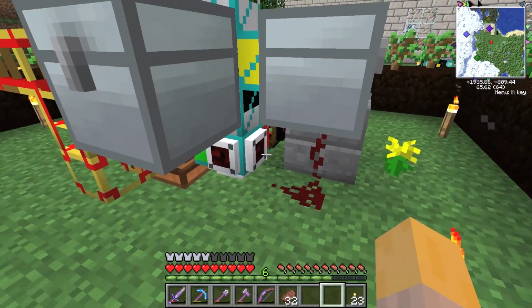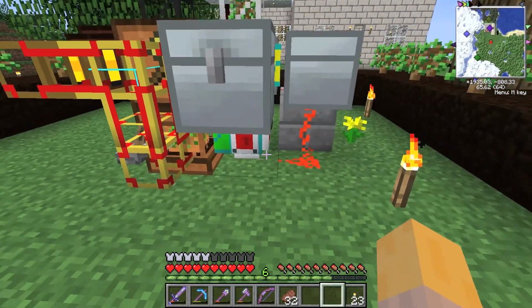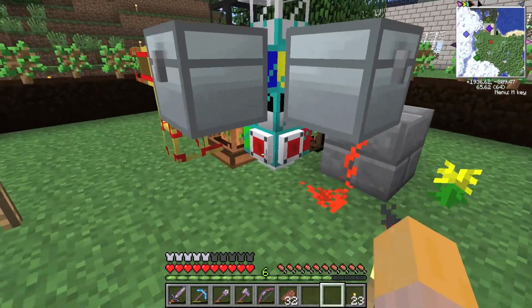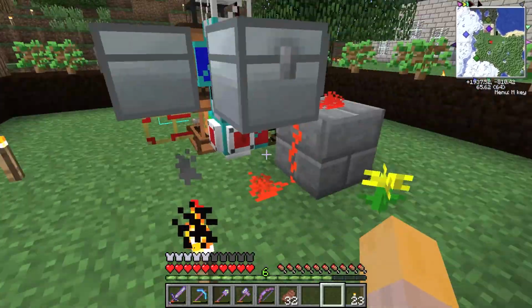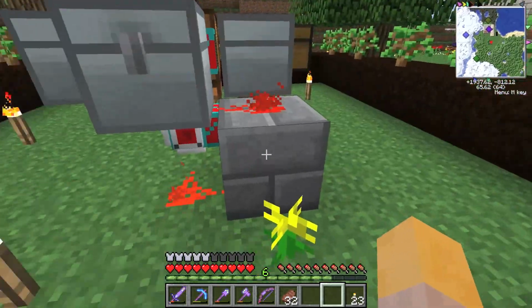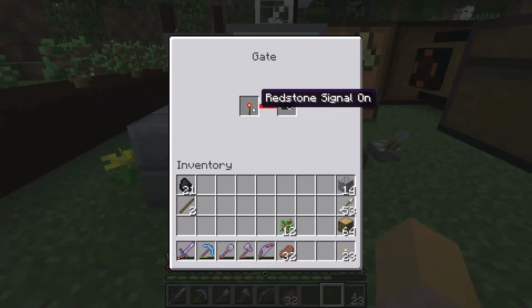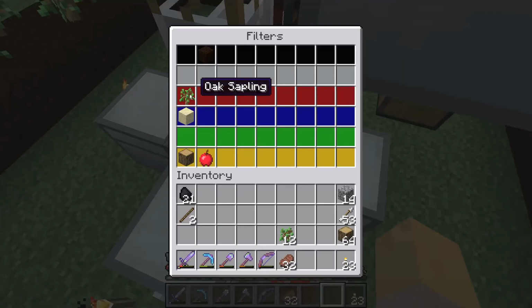Okay, so if this thing needs saplings, which I can make it need saplings by taking these, redstone signal comes on. This block gets powered. Now, gates with redstone are a little bit weird. You'd think if redstone was on this, it would power this one that's directly next to it, but it doesn't. So I just had to route a little bit of redstone over here. But anyway, this block gets powered, which powers this gate. If redstone signal on, energy pulsar pulls the sapling out. Sapling goes to this diamond pipe where it goes down the...